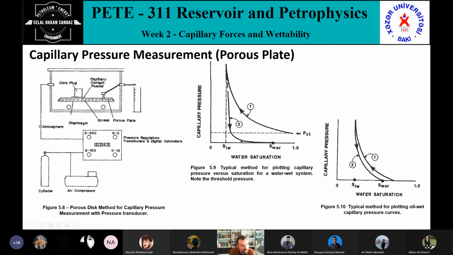So when you compare the behavior of the two, initially you can say whether this is oil wet or water wet. When you see the area gap like this, you will say that this is a water wet rock sample. When you see the area small like this, and the shape is not exponential but shows a more slight curve compared with this one, you will say that this is an oil wet rock. You can say it directly. All right, let's pass this.